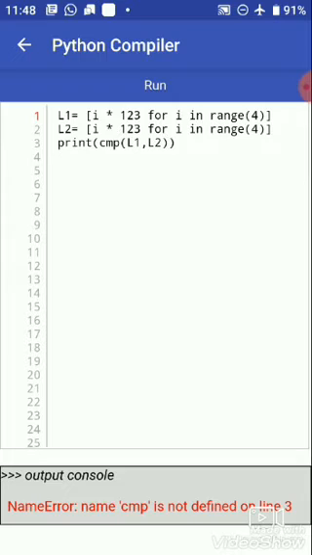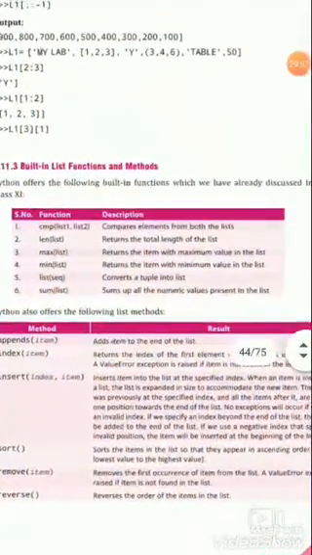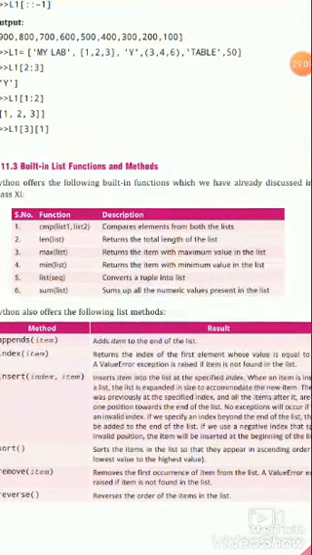Name cmp is not defined in line 3. Okay, the cmp function for list 1 and list 2 is used for comparing elements from both lists.